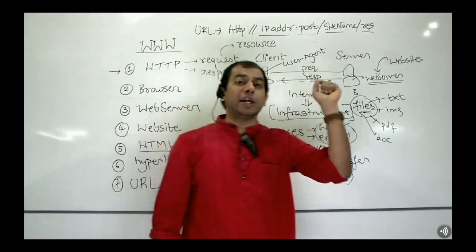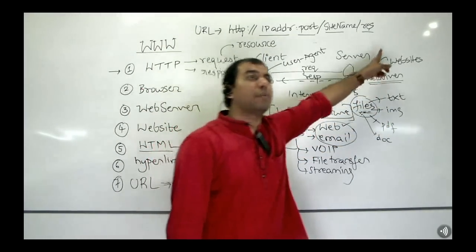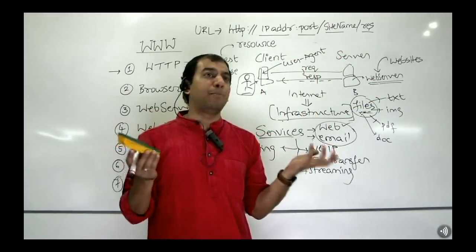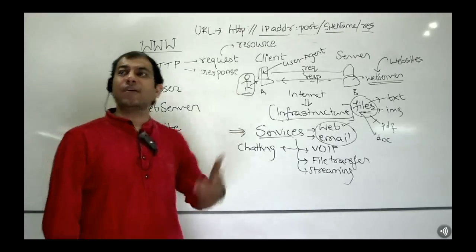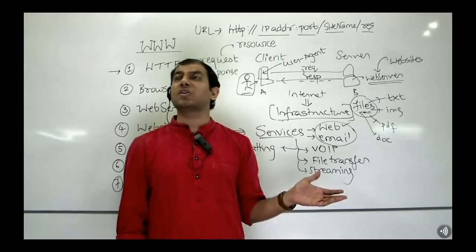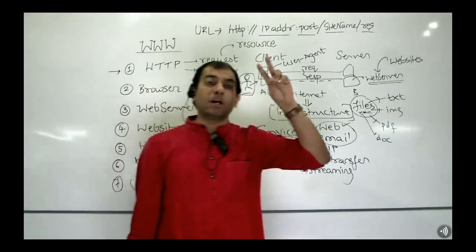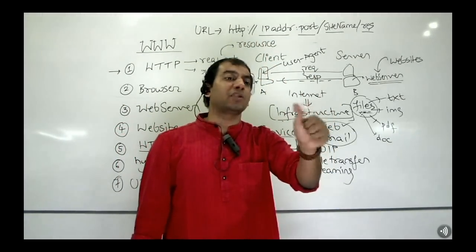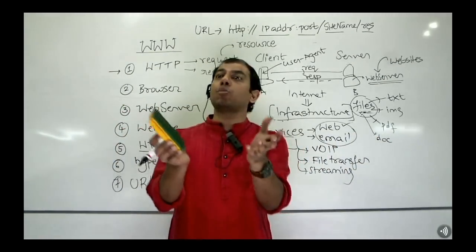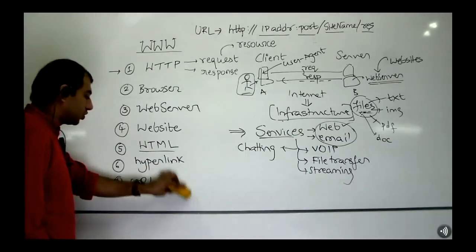A URL gives you the ability to address and uniquely identify every resource in every website, in every web server, in every server across the planet. What a beautiful mechanism. See, now it is all very simple when you know it. The thing is, this was invented by these two guys, right? Tim Berners-Lee invented this URL concept. It did not exist a priori. For two decades the internet was there, but human beings could not use it until all of this was created and came together to make the internet human usable. Really, we owe a lot to these guys, right? Anyway, so that's your URL, isn't it?